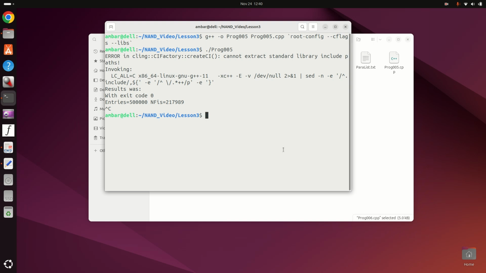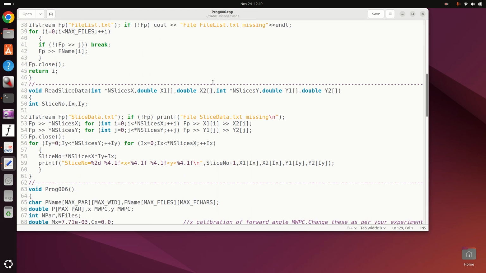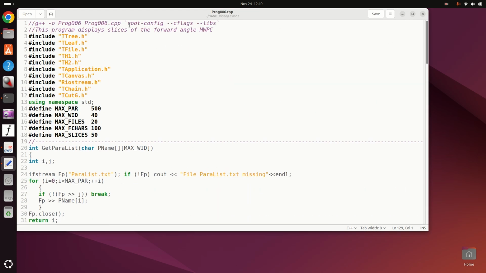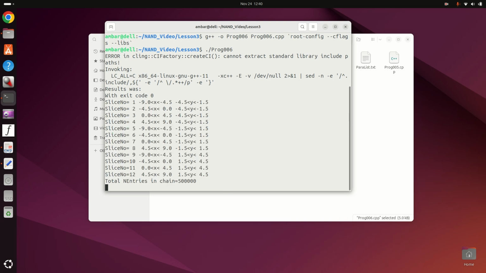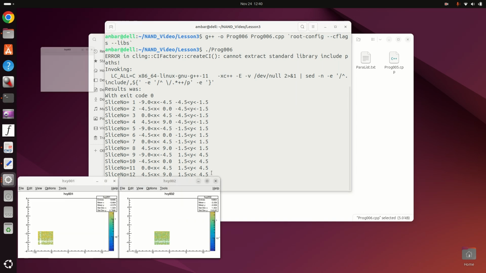So now we are going to compile lesson number 6. Lesson number 6 compilation command will be in the top of the program. This is your program 6 compilation command. I paste it here and then I compile it, and when I run it, just ignore the error and see the result. So I am running prog 6, and when I run prog 6, so these are my slices, these 12 slices it's showing you here,